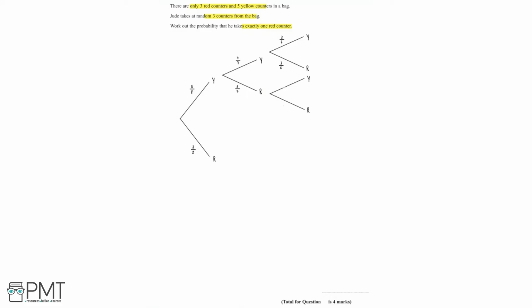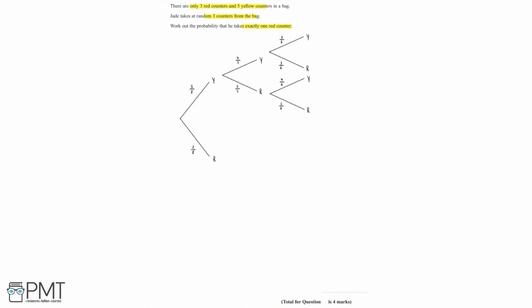Now this part of the tree looks at what happens when we take a yellow on the first go and a red on the second go. That means that 1 yellow has been taken from the bag and 1 red has been taken from the bag. So if we started with 5 yellow counters and 1 was taken, we'll have 4 yellow counters left out of a total of 6. And likewise, if we started with 3 red counters and 1 was taken, we'd have 2 red counters out of a total of 6. And so we've completed the first half of our tree diagram, which is what happens when we take a yellow